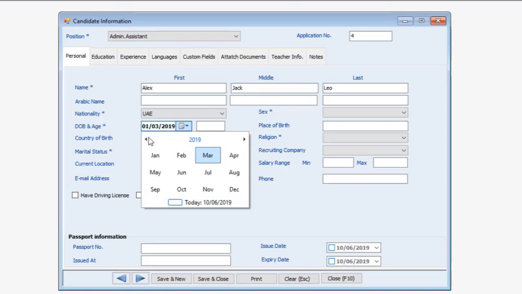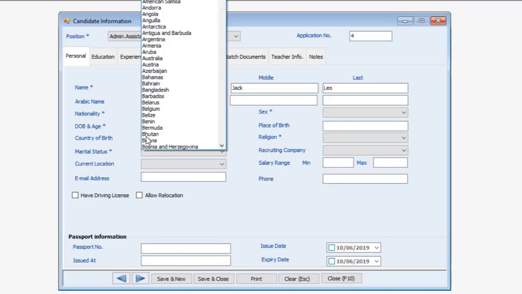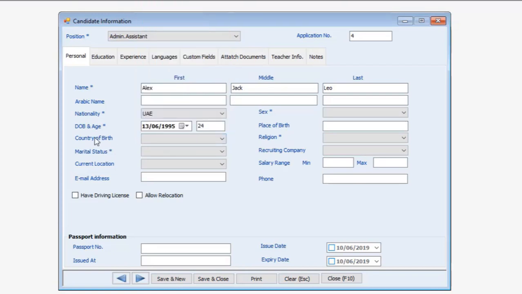Let's go to from here, for example, and it will instantly display the age of this date. Now the country of birth, this is not required. The status, let's say, for example, single, and then let's proceed forwards with the email,